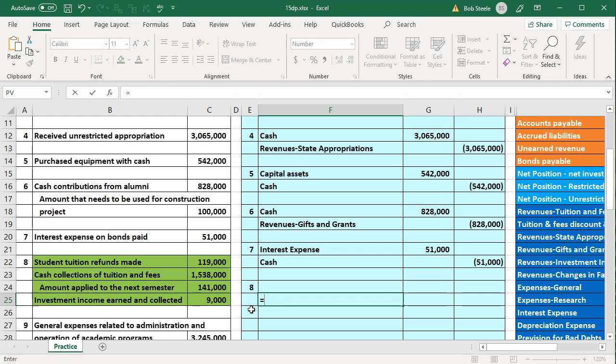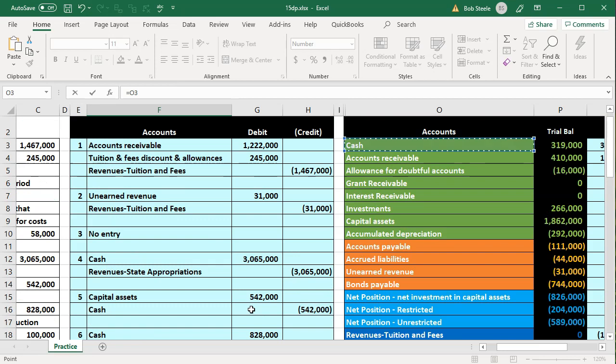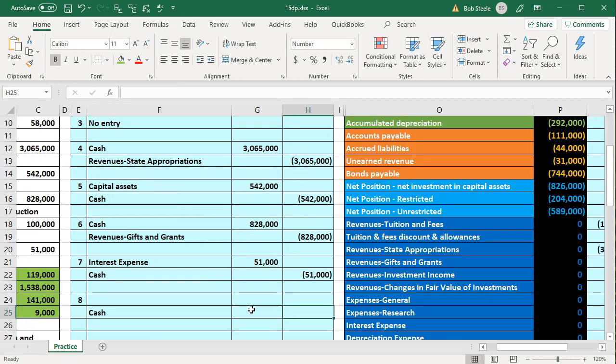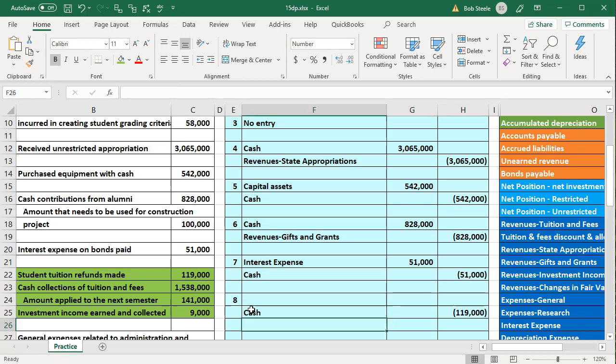So we're going to be on the bottom. We're going to pick up the cash. Let's pick that up first. That'll be the easiest thing to do. There is the cash. It's going to be a credit. So we're going to be on the credit side in cell H25, negative of that 119,000. Then we're going to have a debit, and the debit is going to be going to the revenues and